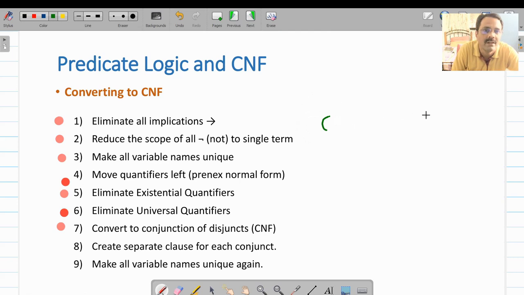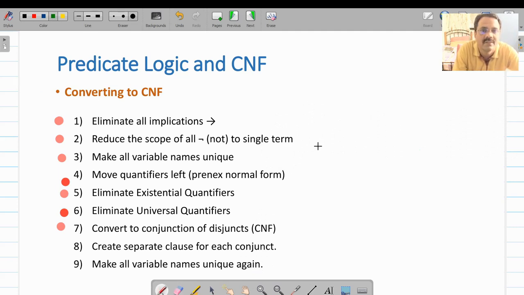You will have a set of terms connected by only the OR connective, or sometimes you may have all predicates connected by ORs. So this is a single term. Actually we want this form, but if it is not, then you have to convert it into this conjunction of disjuncts. Conjunction means ANDing and disjunction means ORing. So this can be done by using a result.